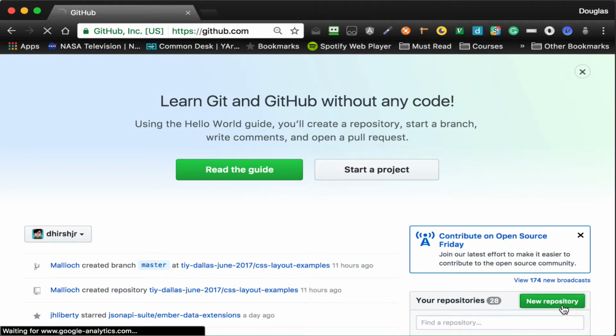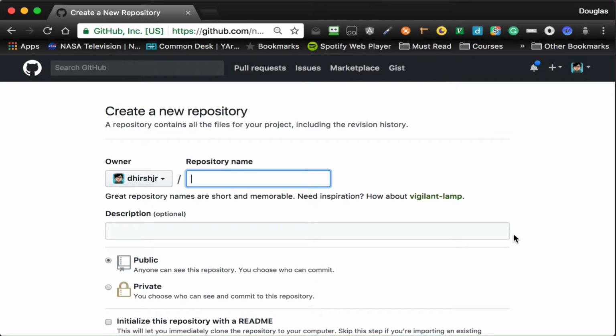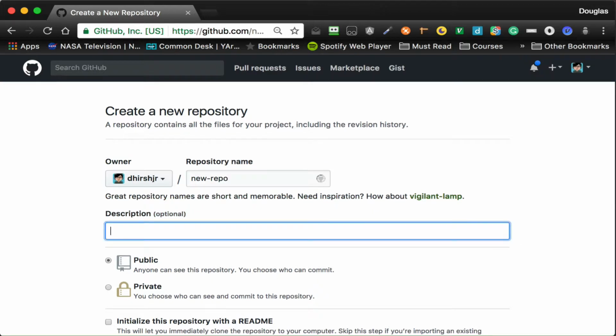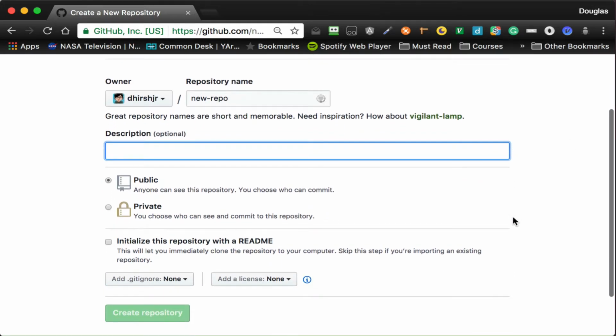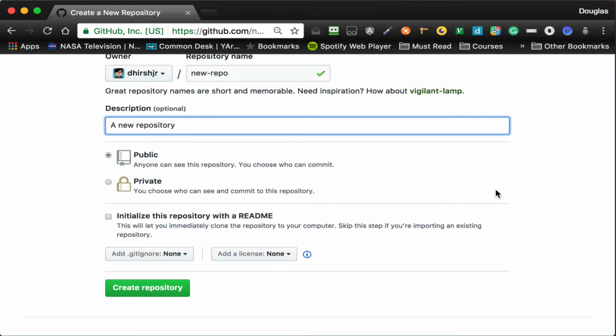And if we click new repository, it will take us over to the create a new repository page. And here I will create a repository that has the same name as the directory that I created. It doesn't have to, but this is kind of a standard thing. You can create an optional description if you would like. Let's just call it a new repository. Okay. At this point we have some additional options, but I don't want to do any of these because I'm going to actually be pushing a current repository up, so I don't want it to add anything in there for me. At this point I am going to click the green Create Repository button,